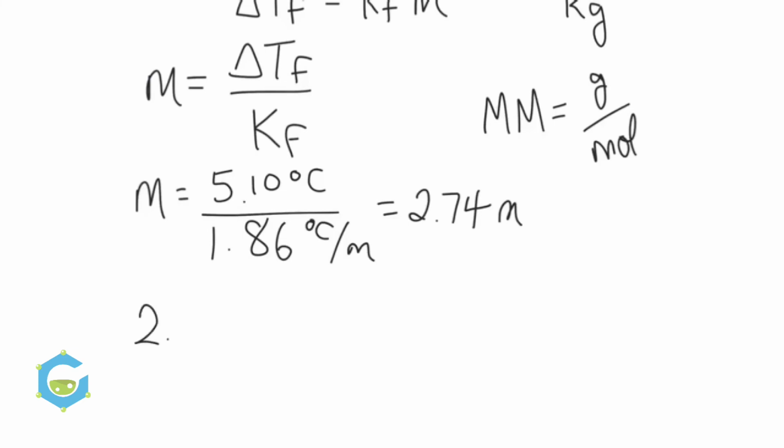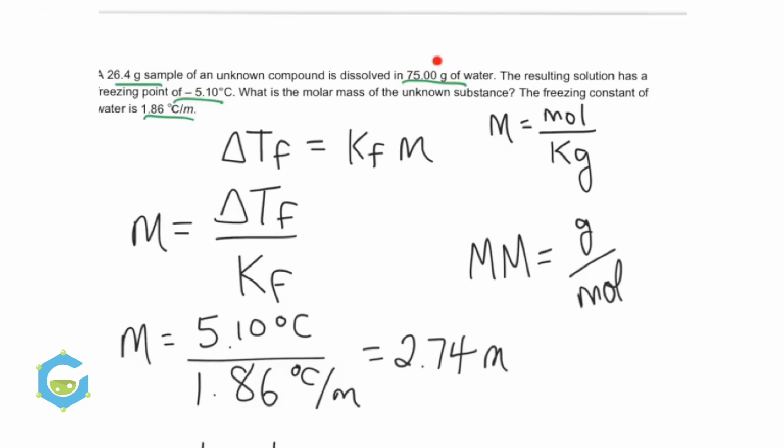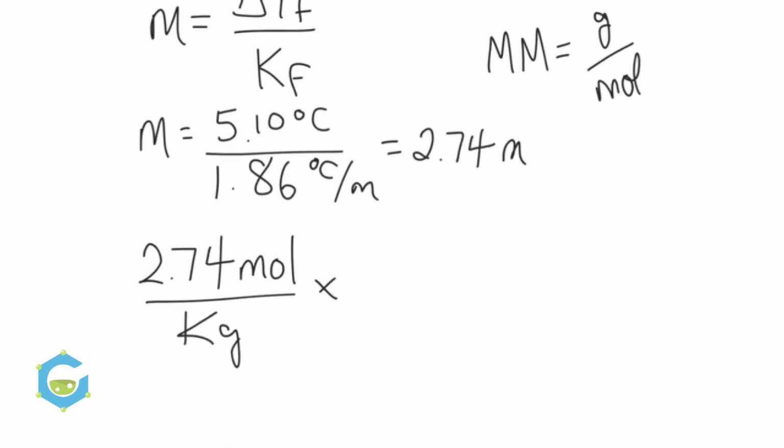Now the molal symbol really stands for moles per kilogram of solvent. I want to solve for the moles of solute, so I'm going to rewrite the unit and expand it. This lowercase m means moles per kilogram. Now I'm going to multiply by the kilograms of water, so 75 grams divided by 1,000, to convert that into kilograms. I can plug this into my calculator and take 2.74 times 0.075, and I end up with 0.206